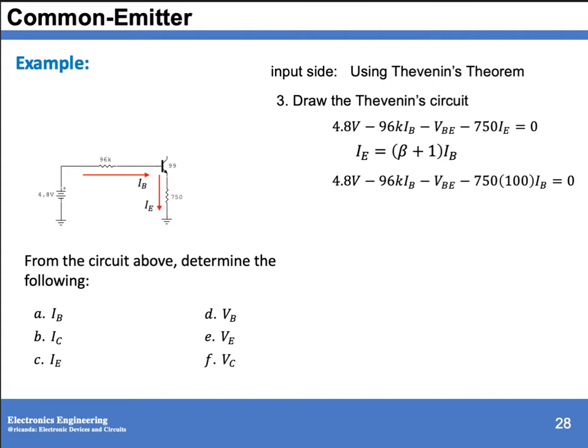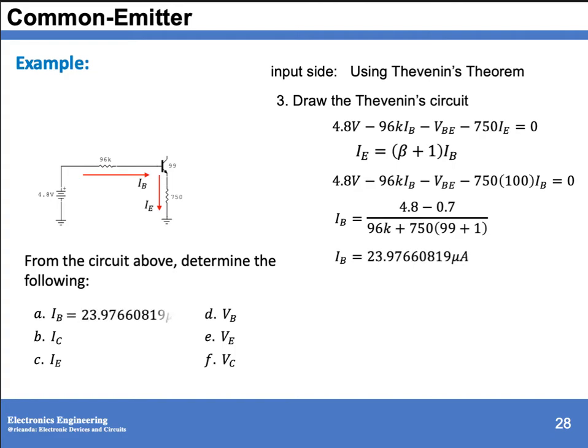Beta is 99 plus 1, so it is now equivalent to 100. So we have 750 times 100 IB. Solving for IB, we have 4.8 minus 0.7 divided by 96K plus 750 times your 99 plus 1, or that is equivalent to 100. So therefore, IB is equal to 23.97660819 microampere. Then IC, which is equivalent to beta IB, so we have IC,